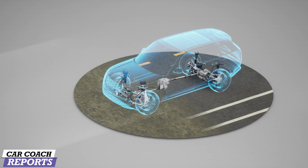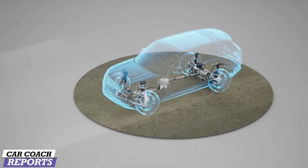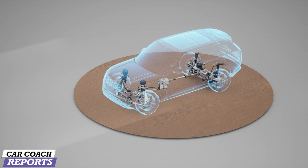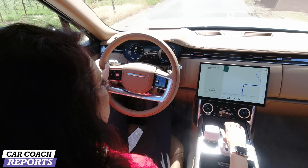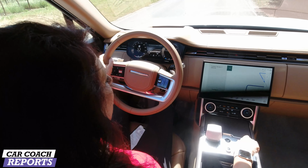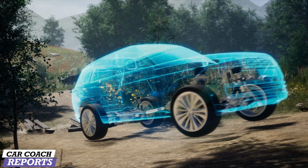And in this case, we're in the comfort mode. You can go to the eco mode, mud and ruts, sand, rock crawl, wading, and you can configure it. And that's all part of the fun. And we're going to go back to this other mode, this comfort, go to eco, and then my favorite, the